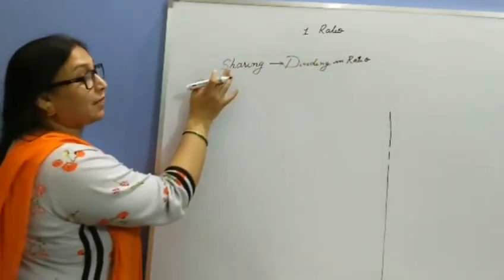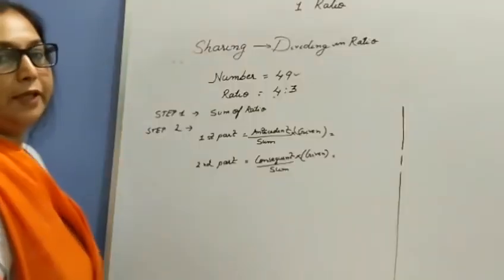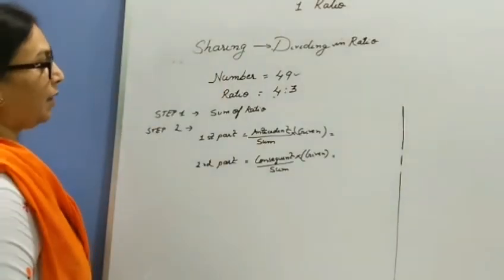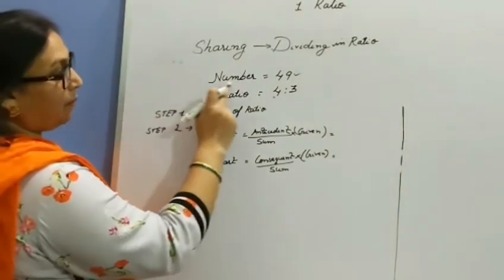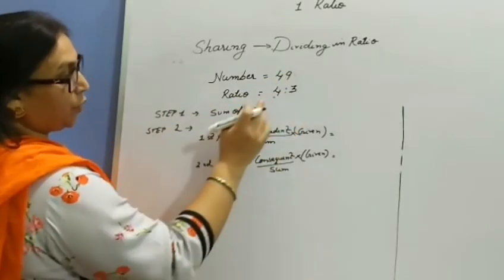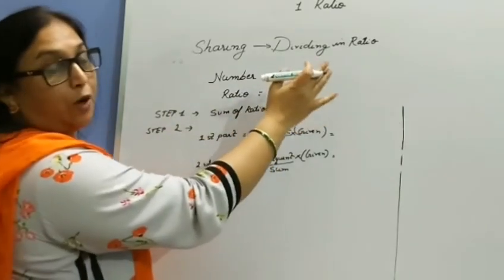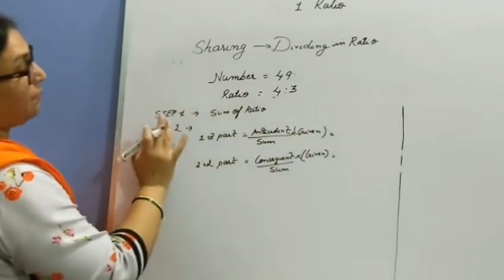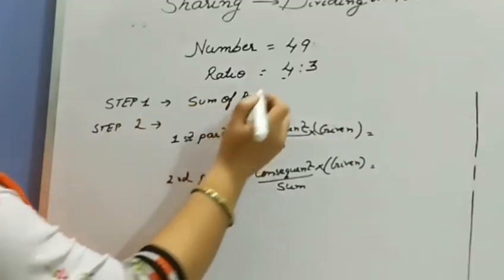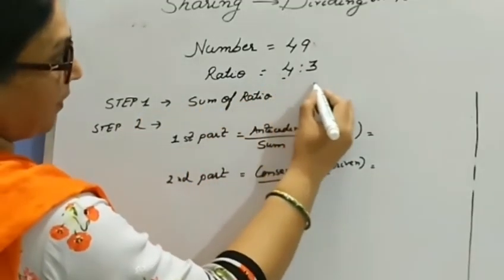So let me explain the steps to follow. Children, let me make it clear with the help of an example. The question is, divide number 49 into the ratio 4 is to 3. So how to follow the steps? Step 1, find the sum of the ratio. Here the sum of the ratio is 4 plus 3